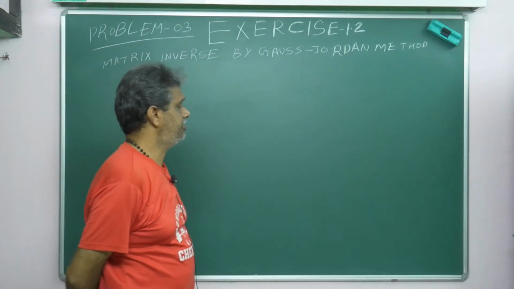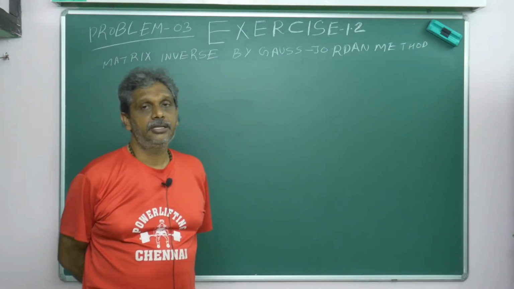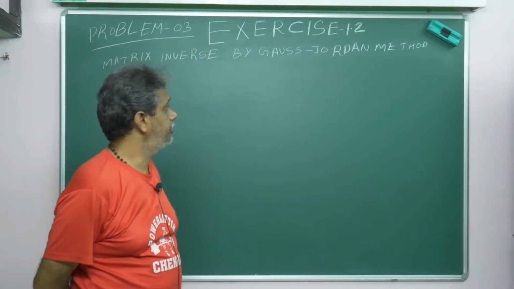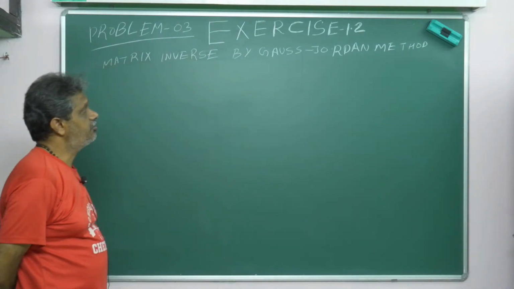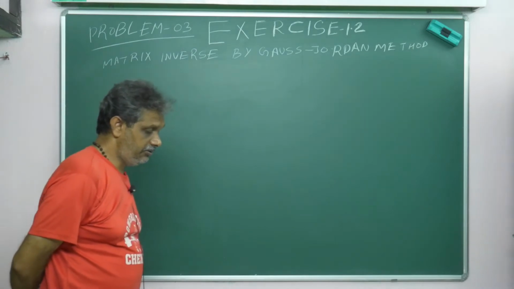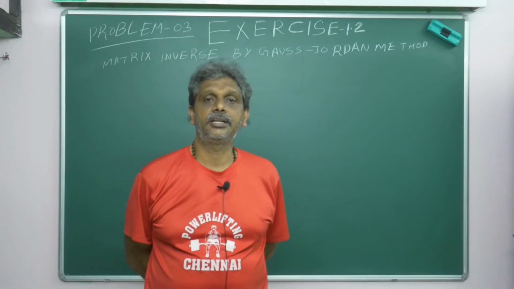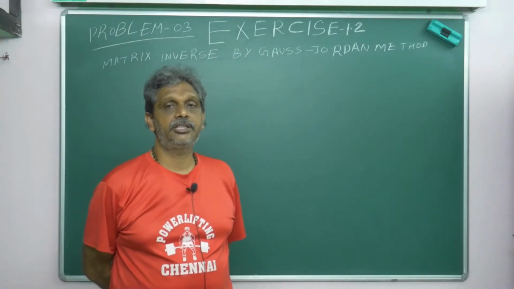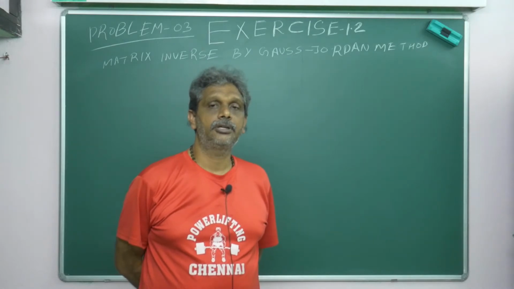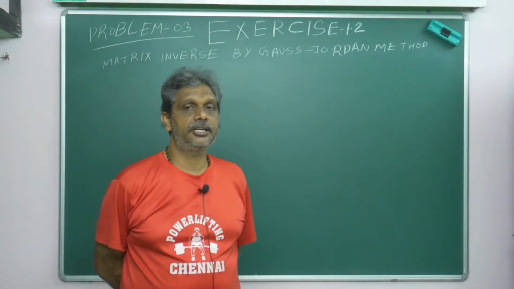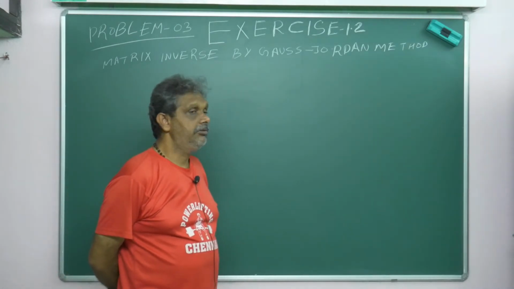See, in previous videos we found the rank by row operations. Similarly, in these continuous videos, we can find the inverse by the Gauss-Jordan method. We already did the inverse. For which matrix do we get an inverse? Only for a non-singular matrix. If we find the inverse, it should be non-singular. Non-singular means determinant not equal to 0. Not equal to 0 means non-singular, I already told you. So how will you find the inverse using the Gauss-Jordan method?